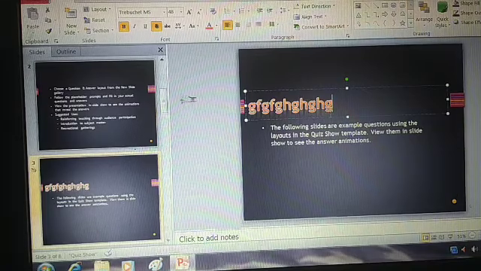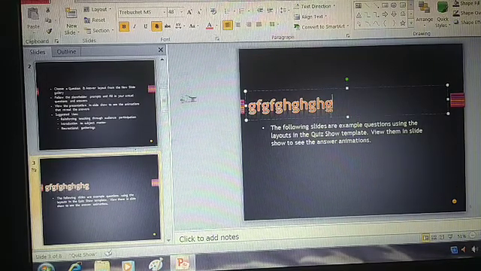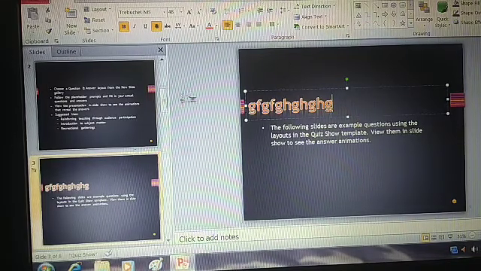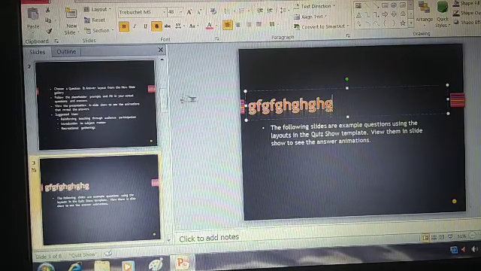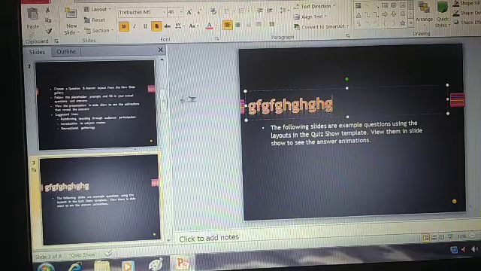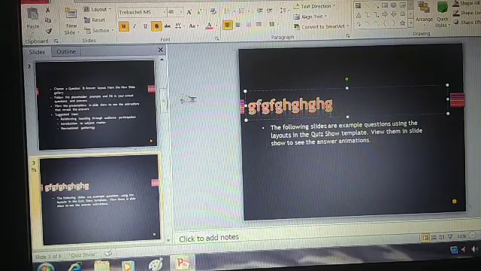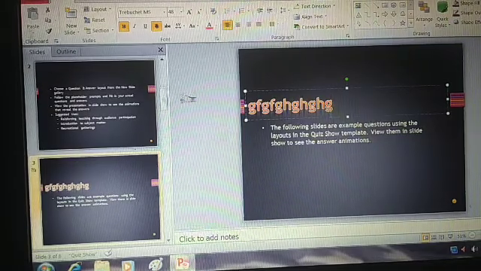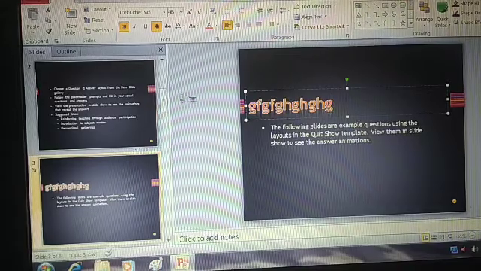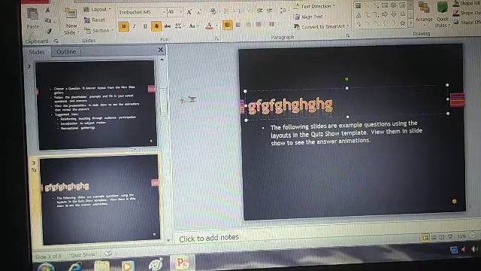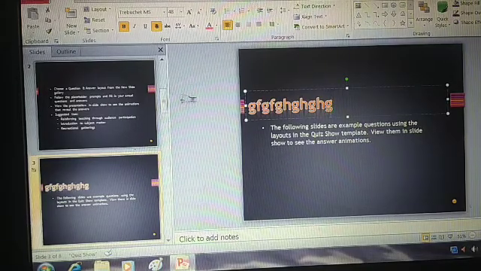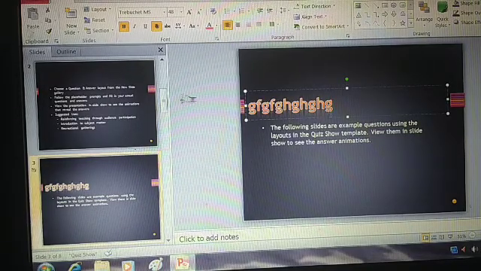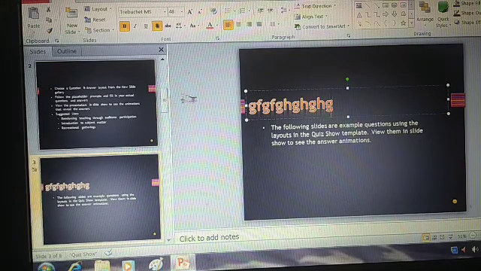You need not format. It is already formatted, given in the color, already provided to you in the style. Everything is already prepared. You have to just start typing the content and prepare the presentation. So if you are asked to prepare a presentation quickly, you can use this template, sample templates option. Clear?